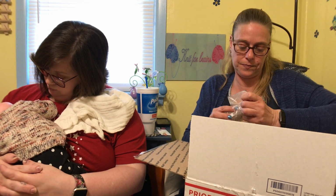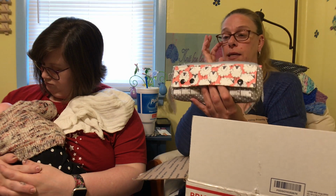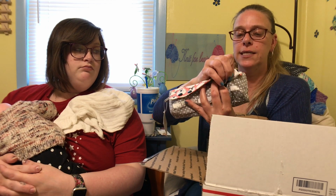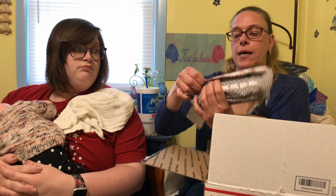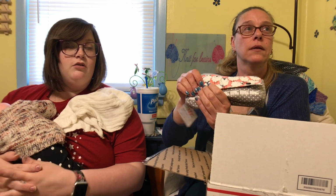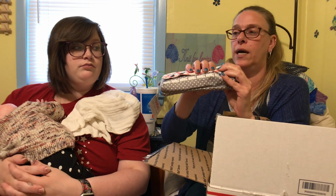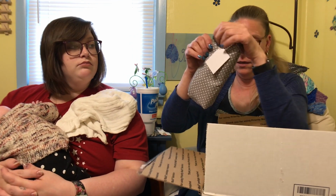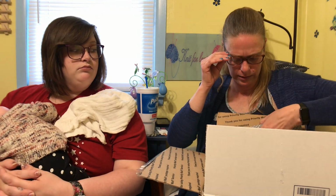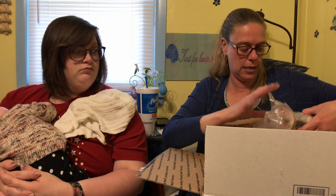If you guys haven't seen them, April 9's Design started making these a little while ago. It's a notions pouch, but the front of this is a needle keeper. It's got her signature tape measure on there, which I have one of and I love it. It's great for when you're doing socks with the DPNs. I was using them for her baby socks. And then there were extra